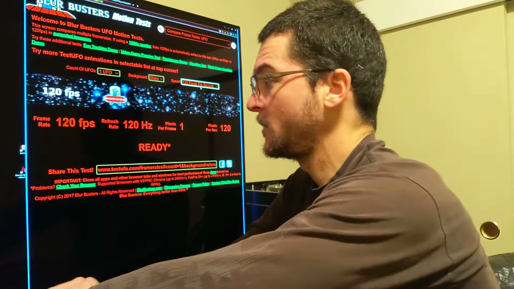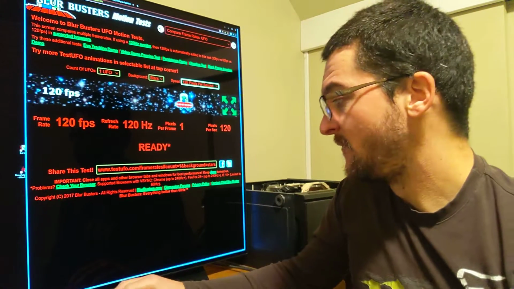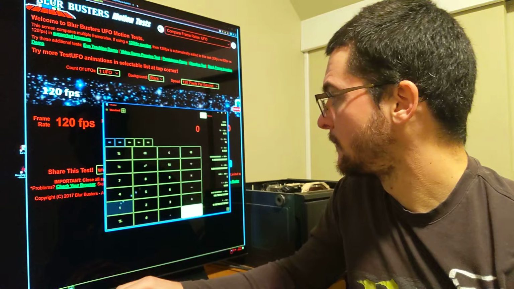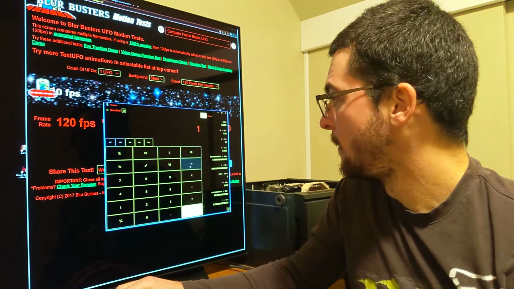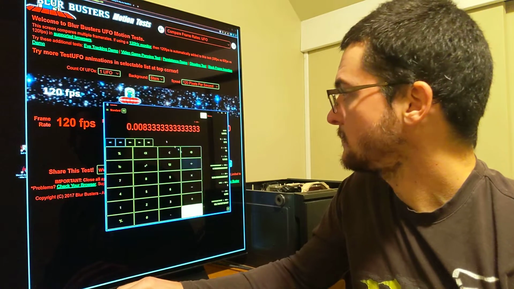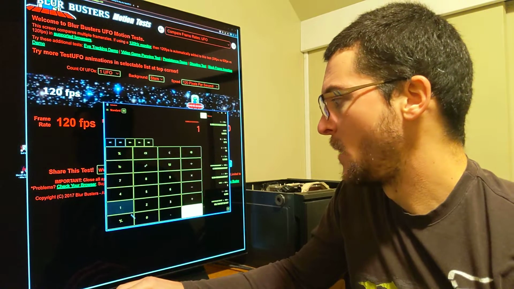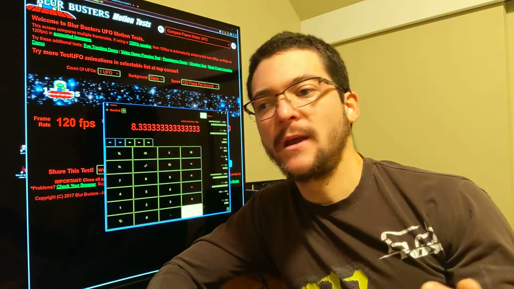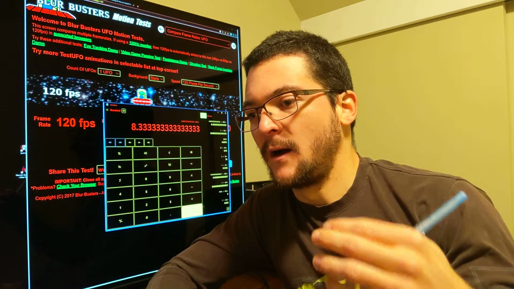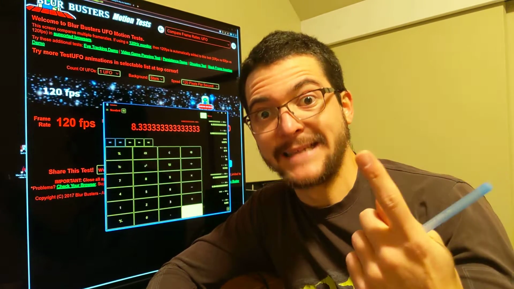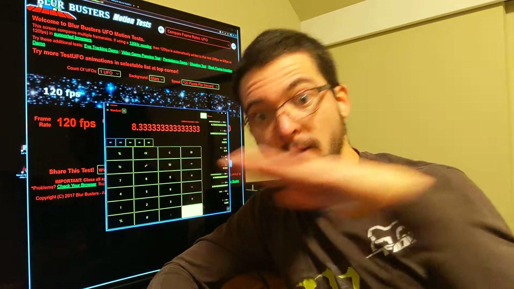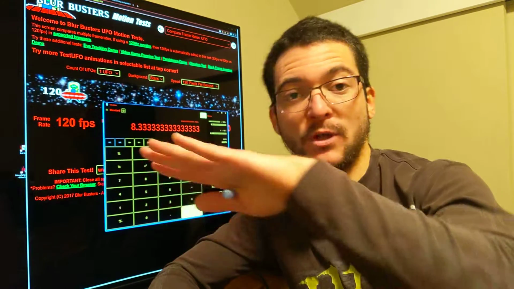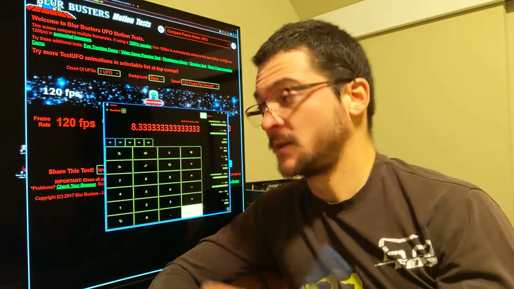How you calculate that is you divide 1 by 120, and you multiply that by 1000 to get the result in milliseconds, because 120 Hertz is 120 frames in 1 second. So you divide 1 second by 120, and multiply by 1000 to get the result in milliseconds,